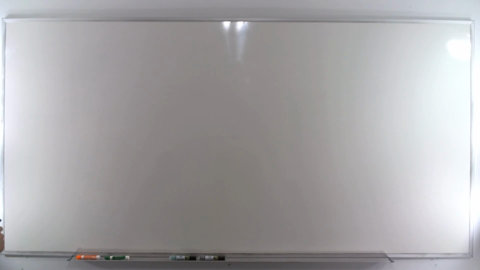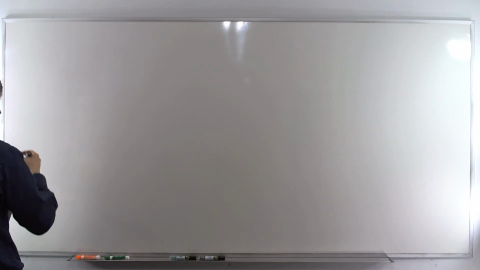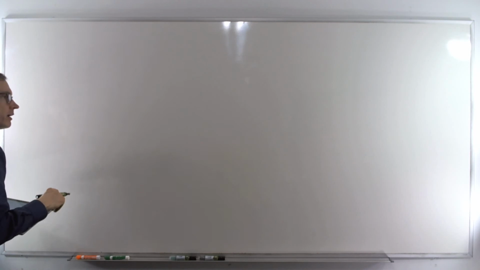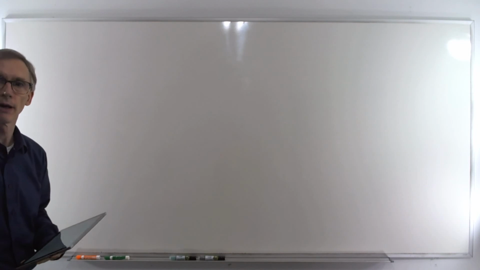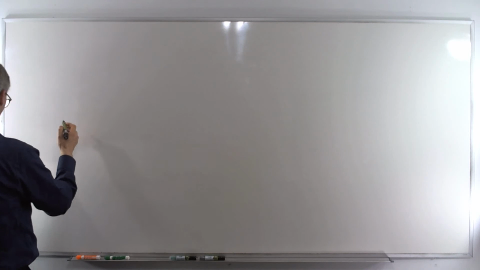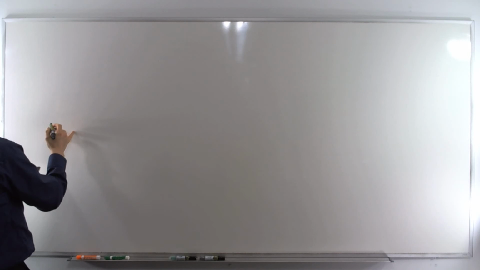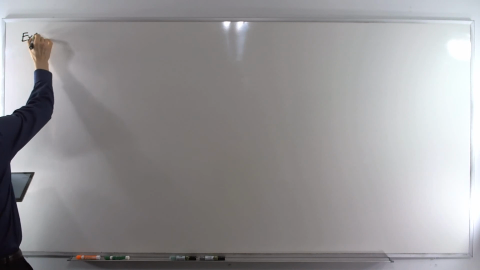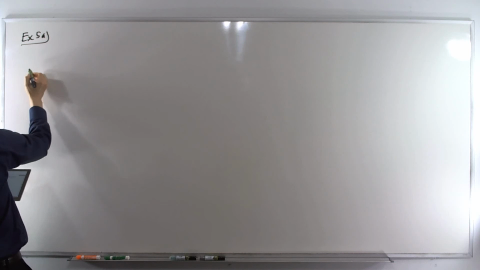So in that case, we're going to have to use the multiplication property. So just like with addition and subtraction, we can multiply both sides of the equation by the same number. And it works for division too. And there's a couple of different ways you can write this. So example 5a,